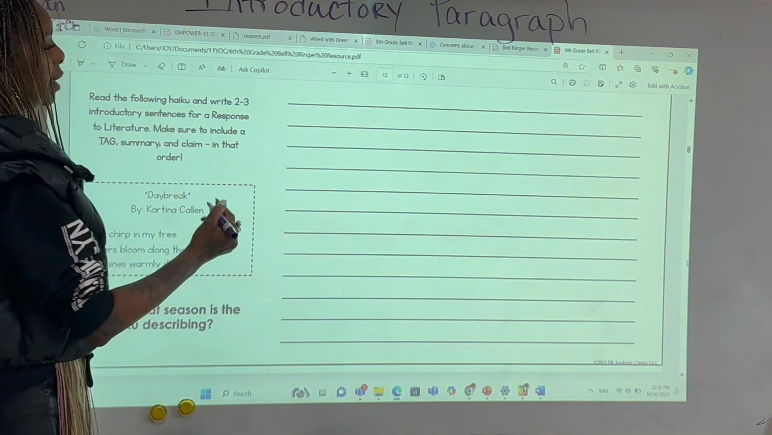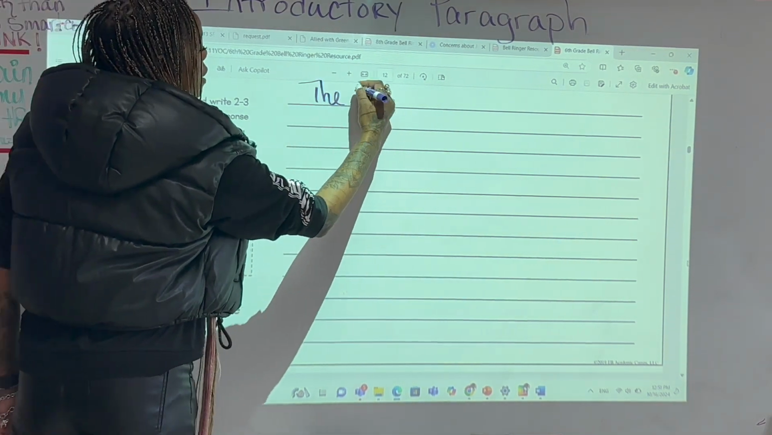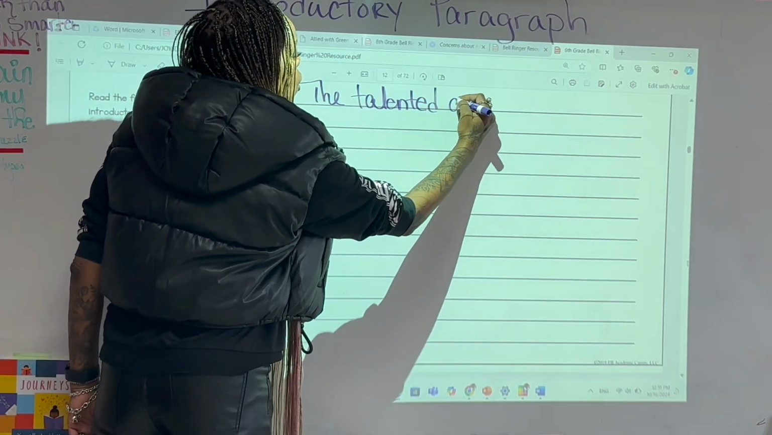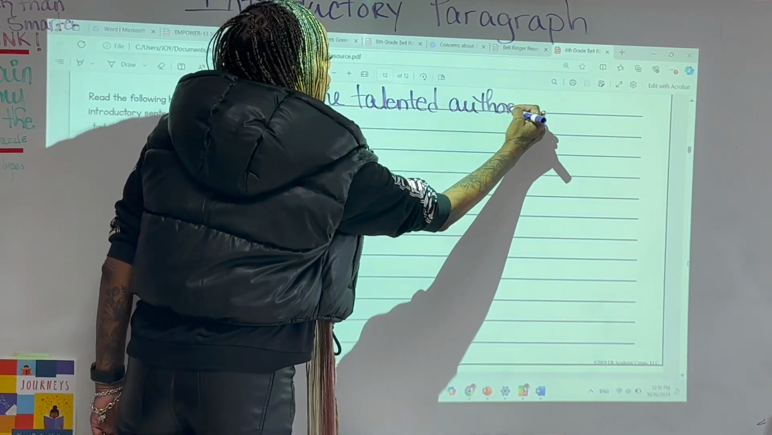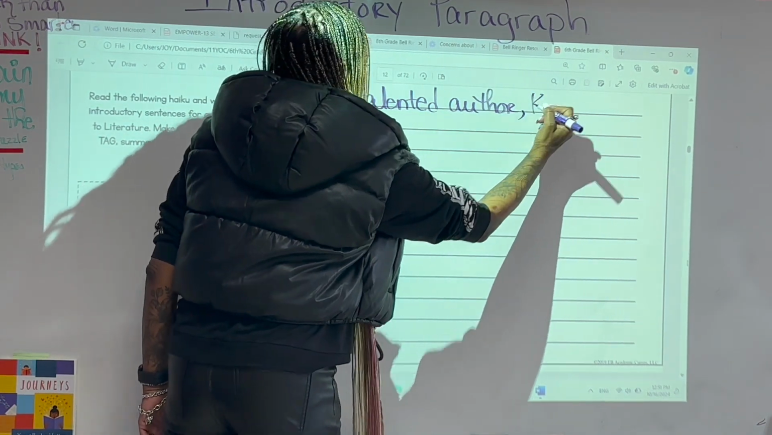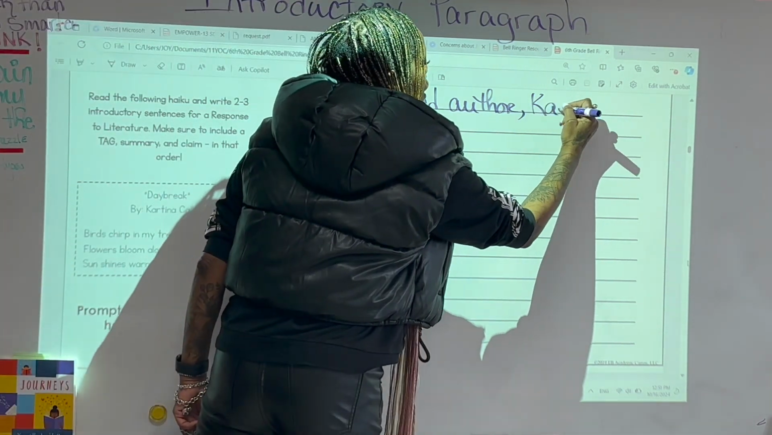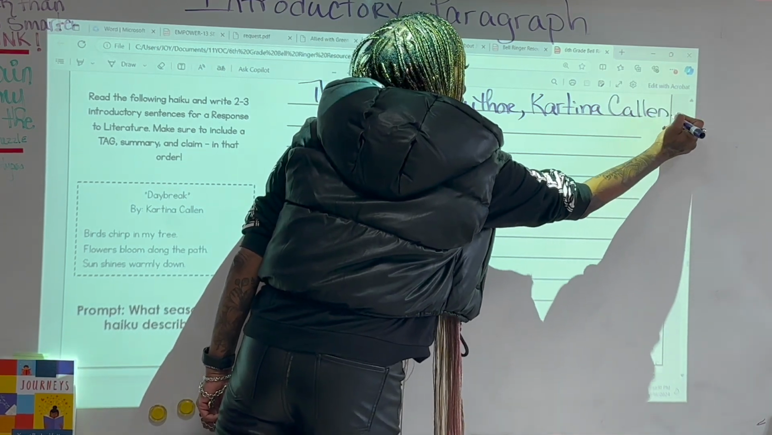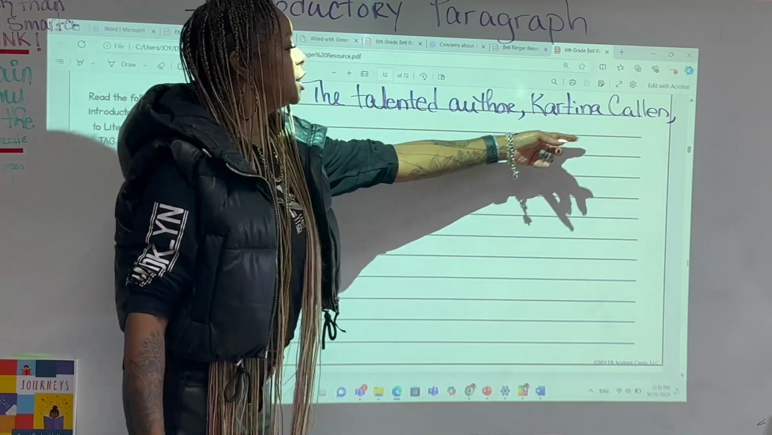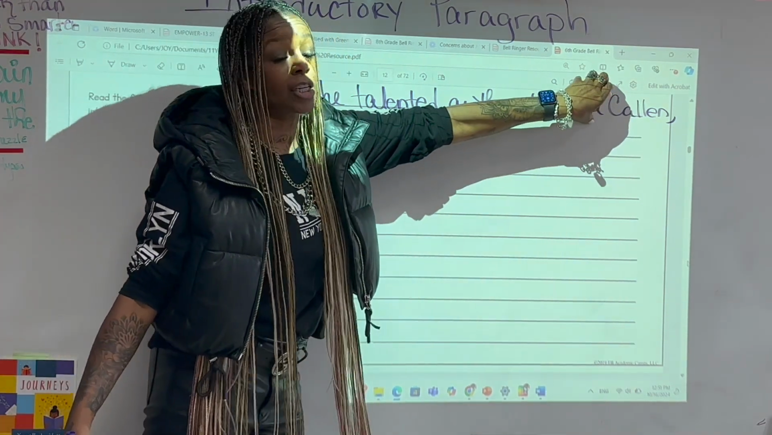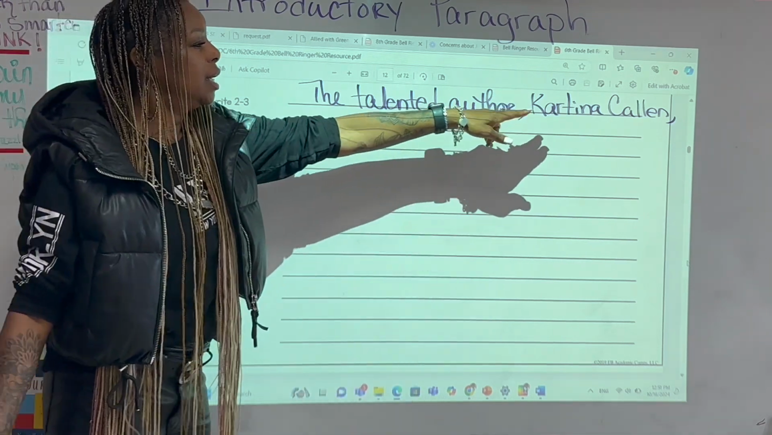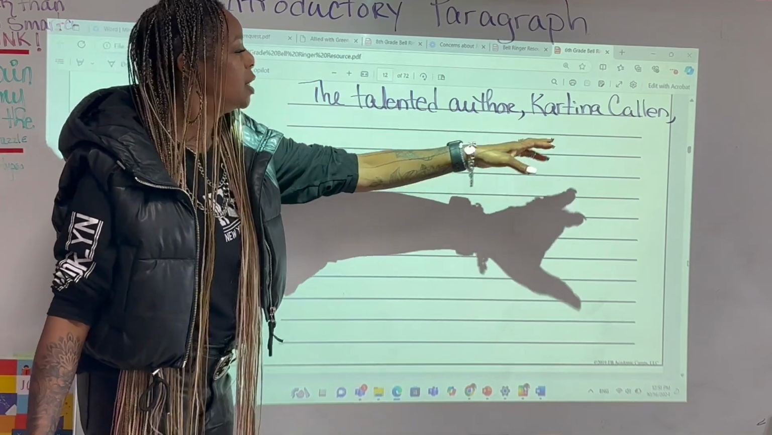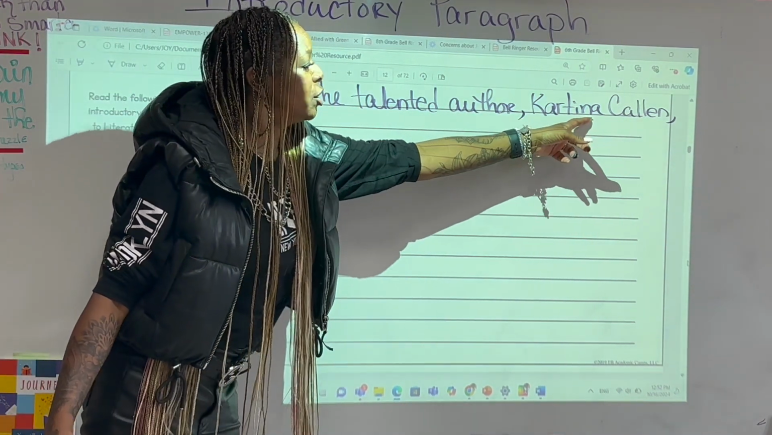So I'm just going to say, the talented author, her name is Katrina? Cartina, comma. This is what you call an appositive, because I can actually take this out and it'll still make sense. I'm just saying who the author is. I'm providing more information. So the talented author, Cartina Callan,